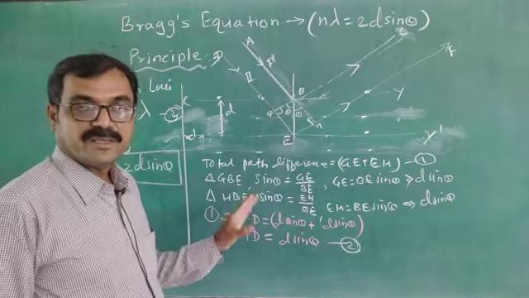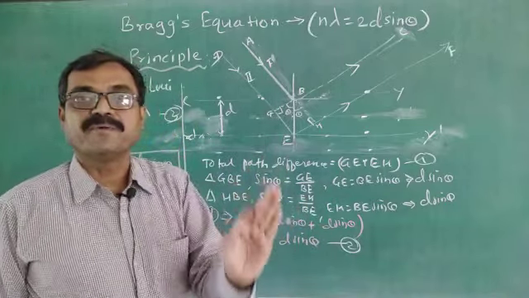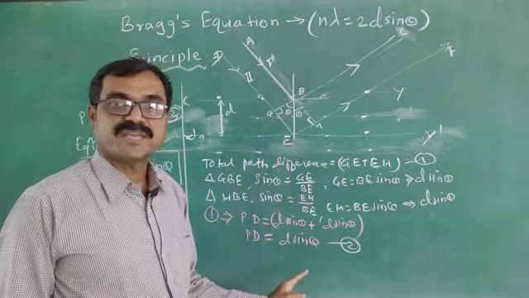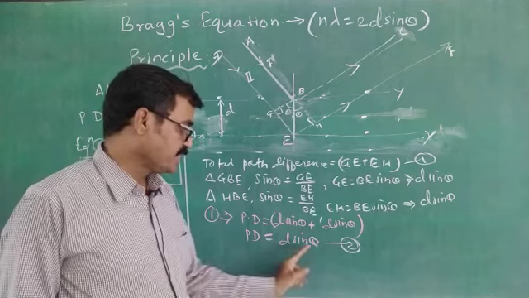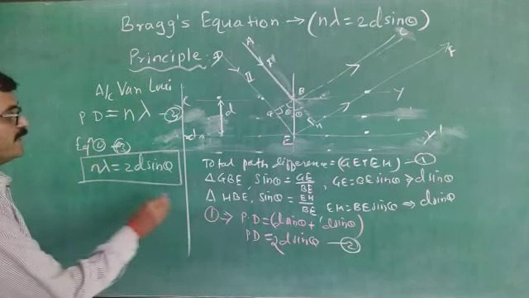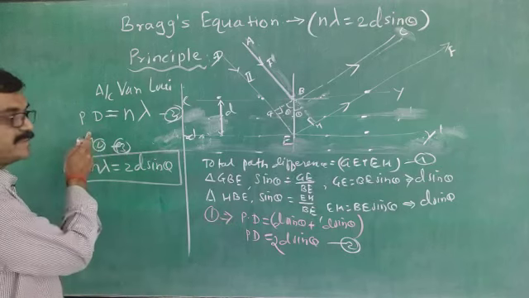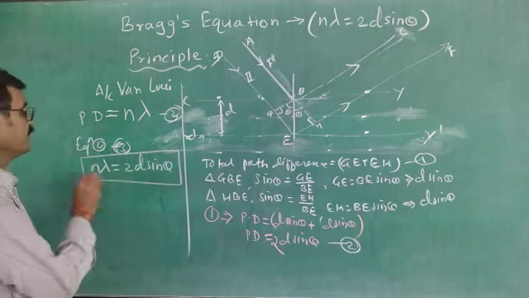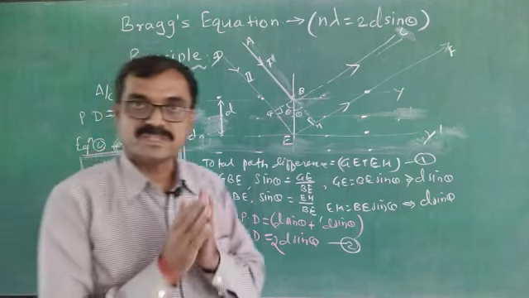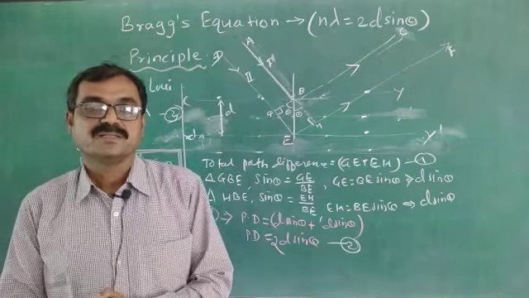But according to Laue, when such a monochromatic X-ray falls on the diffraction grating and gets reflected, the path difference is always an integral multiple of the wavelength of the incident X-rays. And mathematically we have seen this path difference is 2d sin theta. So from equation 2 and equation 3, left hand sides are the same, that's why the right hand sides become equal, and the equation you get is n lambda equals 2d sin theta. This is a very important point, that is Bragg's equation. Now we have to see Bragg's method in the next period.